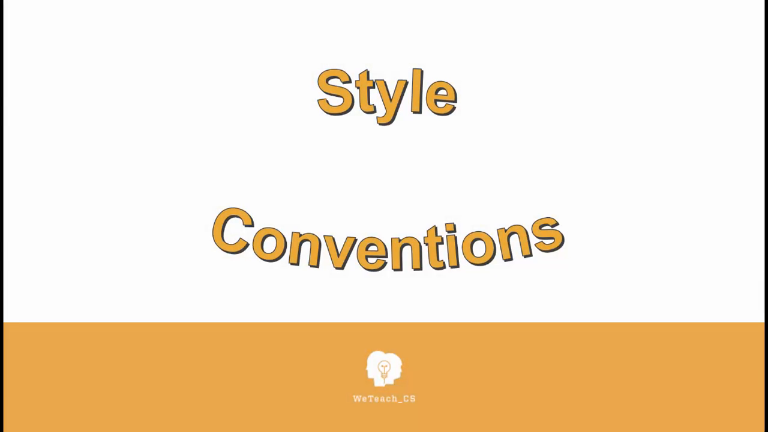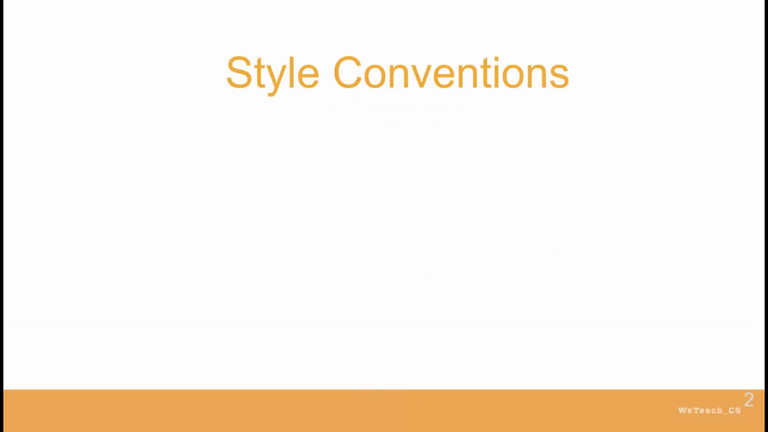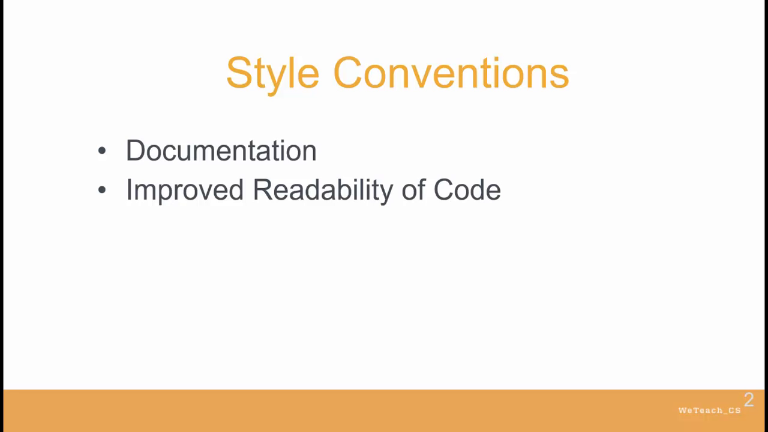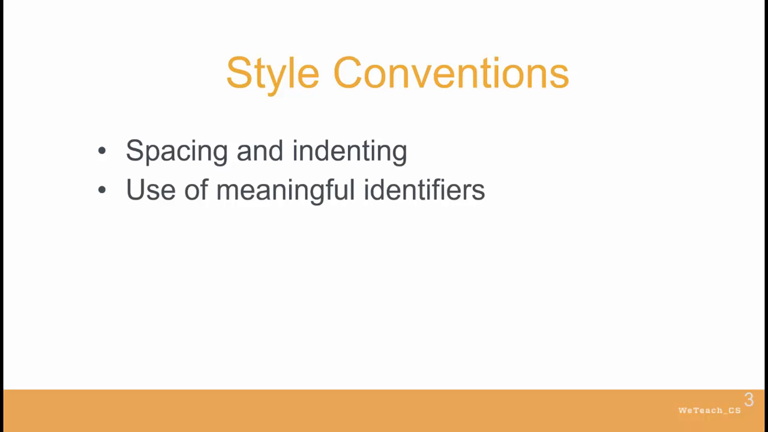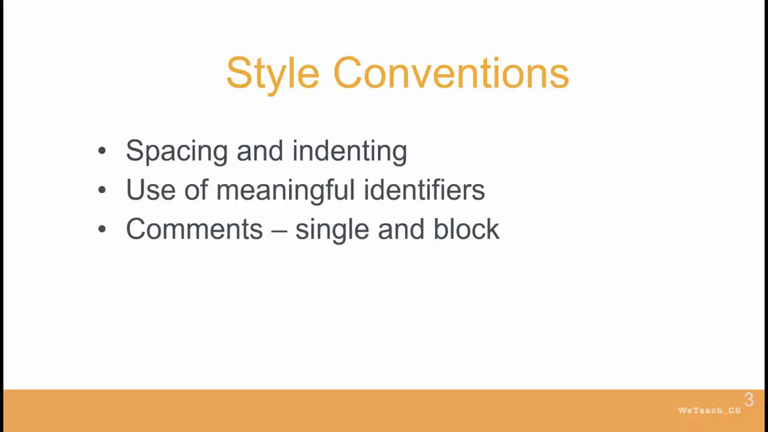Let's discuss the use of style conventions in the software development process. The use of these conventions is a crucial part in writing computer programs, primarily as a form of documenting the work that is done and increasing the readability of the code. These may include spacing and indenting, the use of meaningful and descriptive identifiers, the use of comments to provide internal